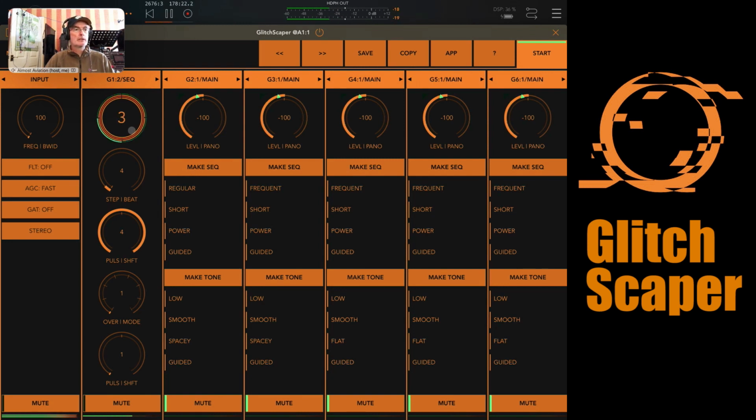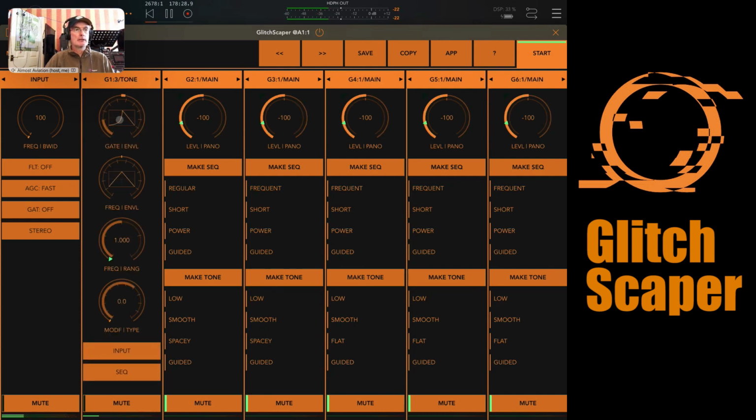So it is indeed doing that, but of course it's gating each of the noise making steps with this gate here. If I just switch that back to a square wave,